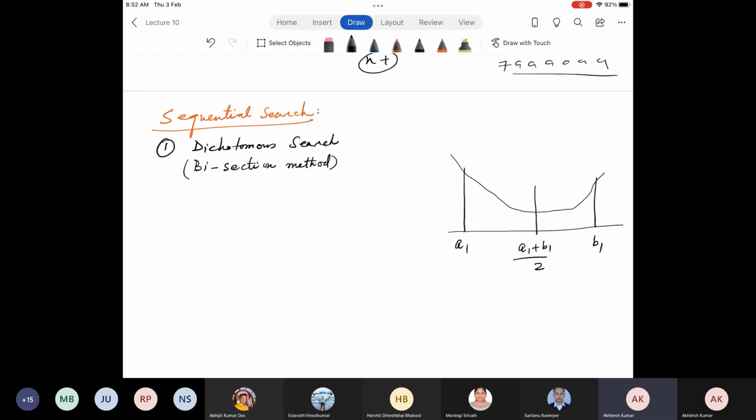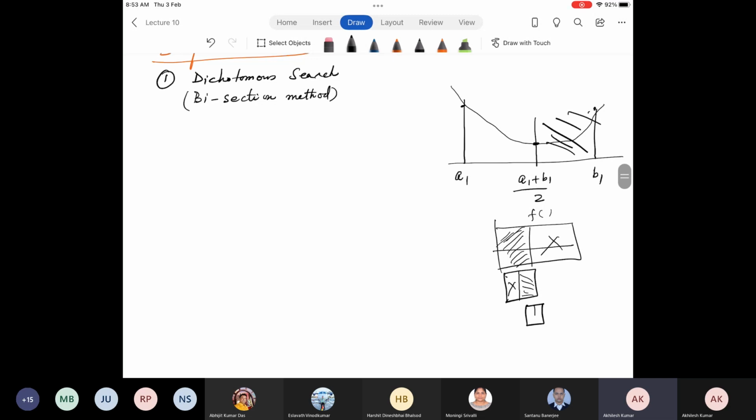So bisection method is: take the midpoint, find the functional value. Whether it is less than or greater than these 2 points, I will ignore the other part. Does that make sense? So suppose, I am just showing like this. Suppose if the minimum happens on this side, I will ignore this part. Again, I will subdivide into 2 parts. If the minimum happens on this side, I will ignore this part. Again, I will divide into sub parts. If the minimum happens on this side, I will ignore this part. This is what dichotomous search is about.